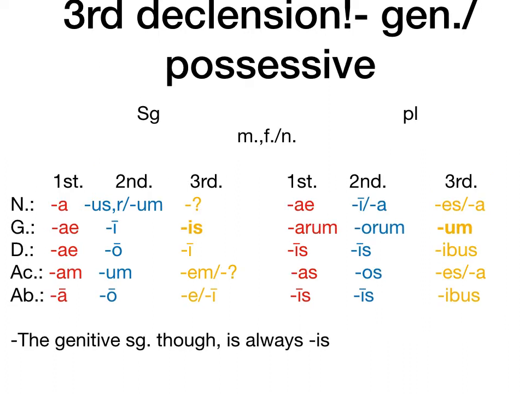The genitive, the possessive case, that second case. If you move left to right, first declension ends in ae, just like the nominative plural. Second is a long I. And then third declension is is. So whereas the nominative can end in all sorts of ways, the genitive is always going to be is. Most of the other case endings are going to be consistent, not like the nominative, which is just going to be whatever it wants to be. And I want you to notice that this is a short I and then an S,